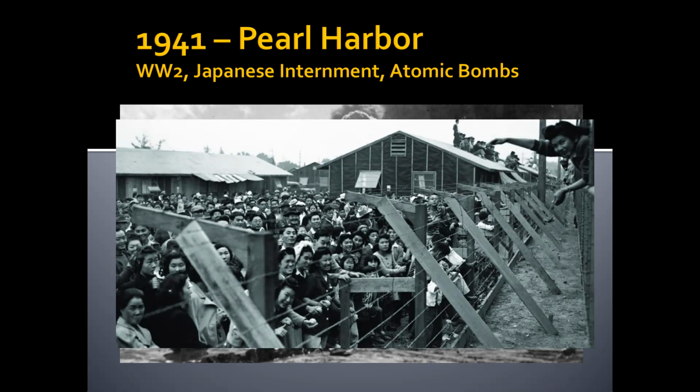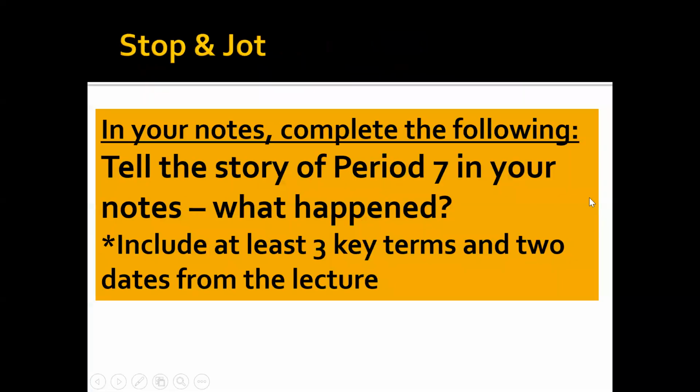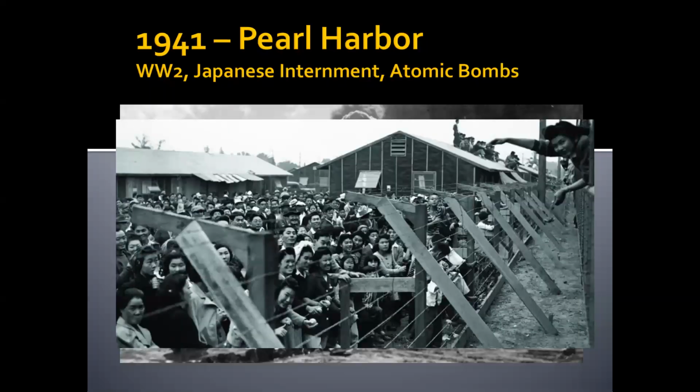This is justified as a way to prevent spying in the United States, and it was considered to be a protective measure on the American side to protect themselves from possible spying, but obviously that is not the case. And it assumes that all Japanese citizens were spies. We see some other domestic shifts that are on the positive side, though.